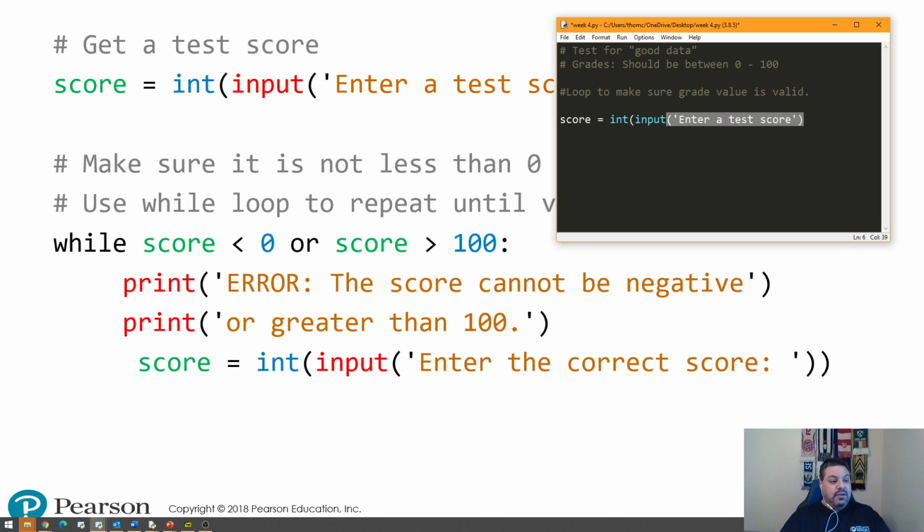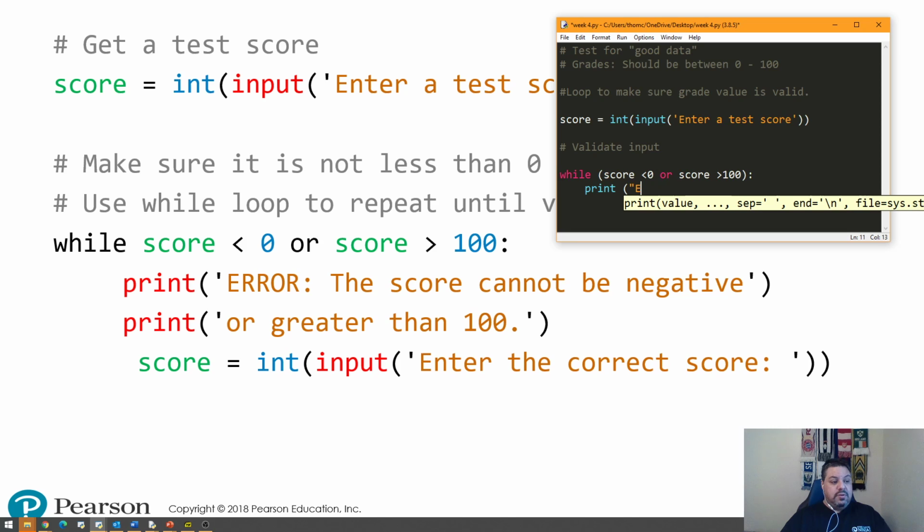We'll close that off, so that should be good. Then we'll validate the input. We'll say, while score that we just got inputted is less than 0 or score greater than 100, and we'll throw our colon in there for our condition,